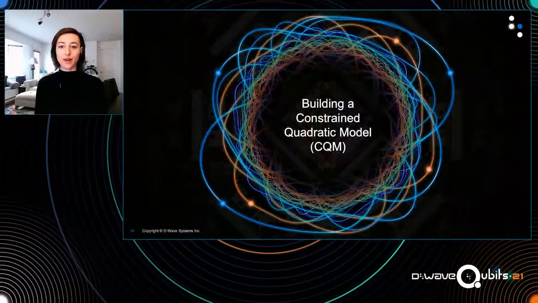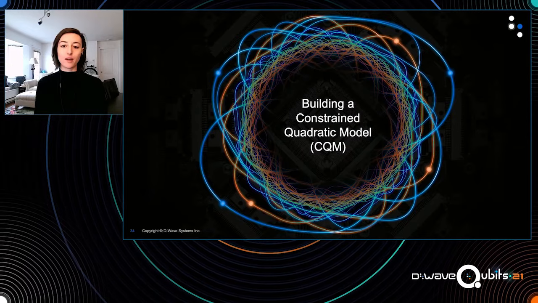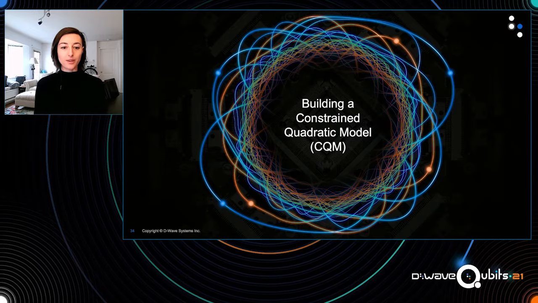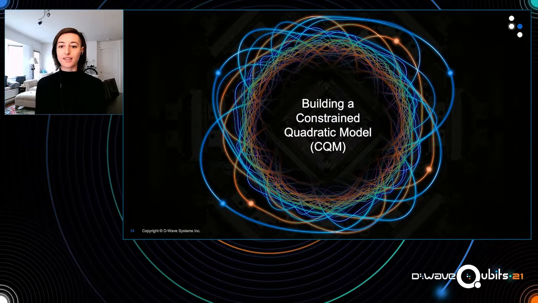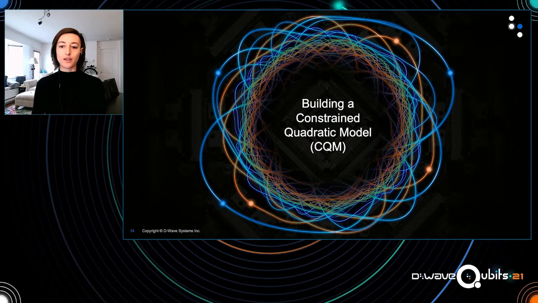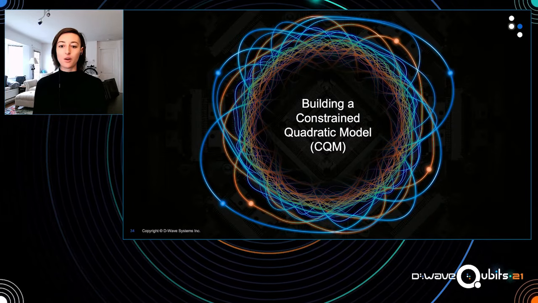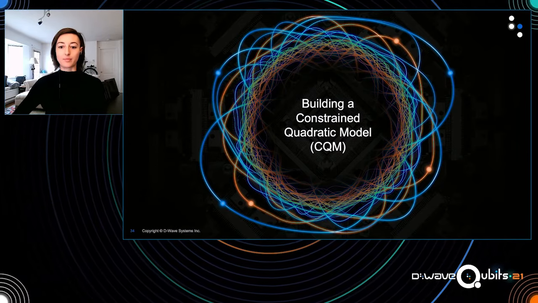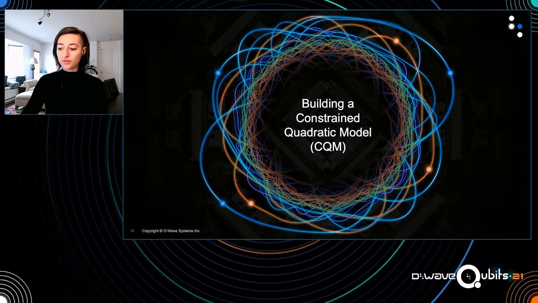I'm Alex Kasegi. I'm a technical sales engineer at D-Wave, and we'll be talking to you about the CQM model and the CQM hybrid solver today. So by now, you've probably heard quite a bit about the CQM solver. It's our latest addition to our hybrid solver service. We introduced it on Tuesday, and Hussein gave a great talk yesterday explaining the benefits of it.